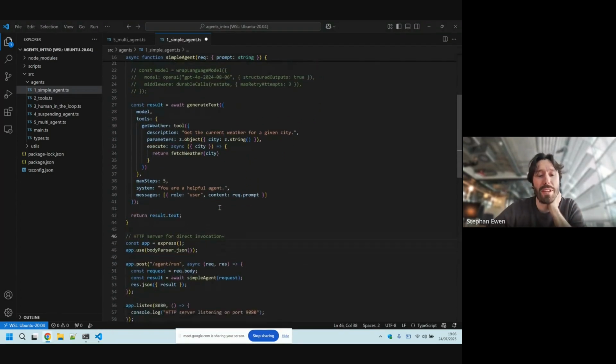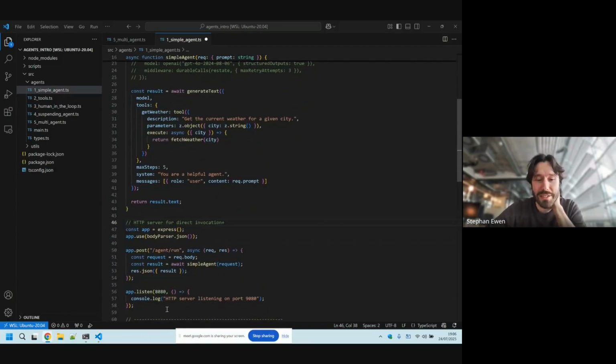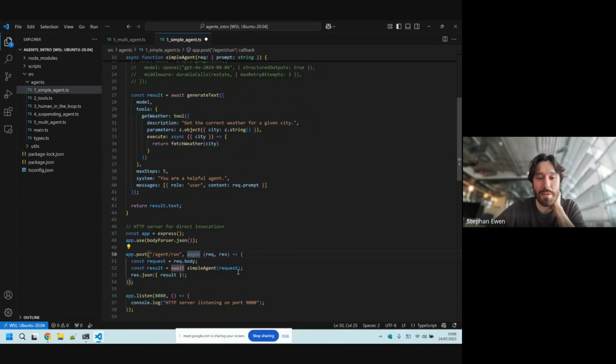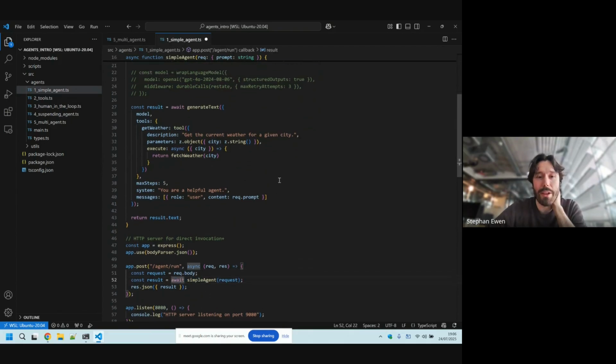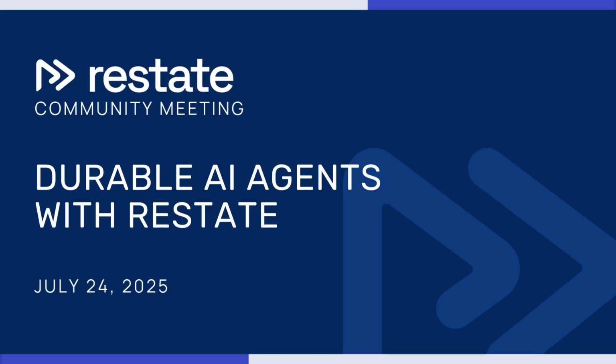It's just a simple mini AI application that runs as an Express.js application. It runs on port 8080. It has a single route, agent run, takes a request, just forwards that to our function here,